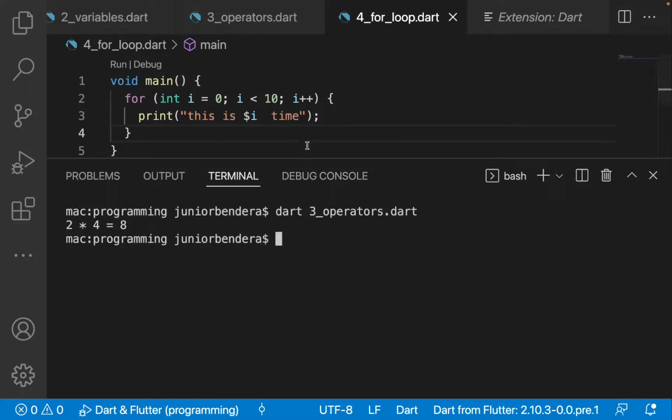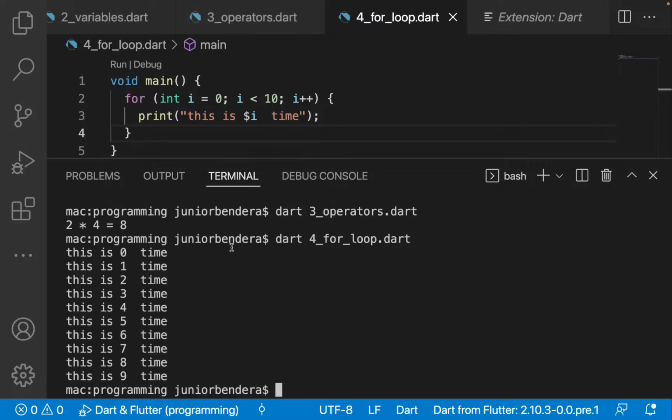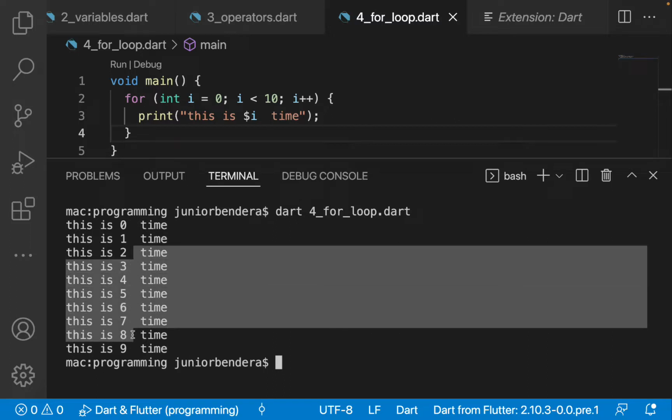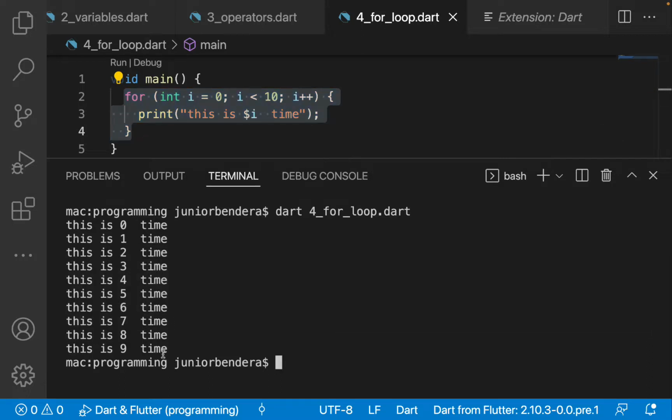Can you see? Sorry, for loop dart, and then say it is 5, right? 4, and then for loop, like that. Press enter. Can you see? Let me repeat that. Can you see? This is 0 time, this is 1 time, this is 2 times, this is 3 times. Can you see? We wrote just only a piece of line, but it has managed to write for us multiple